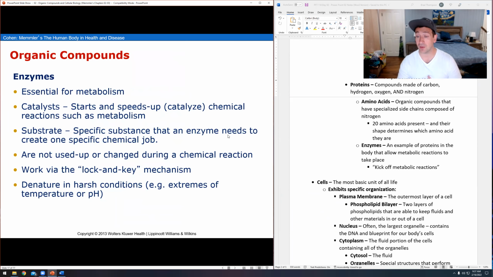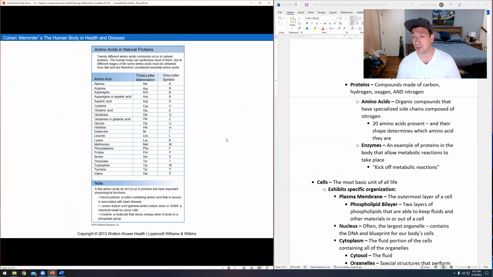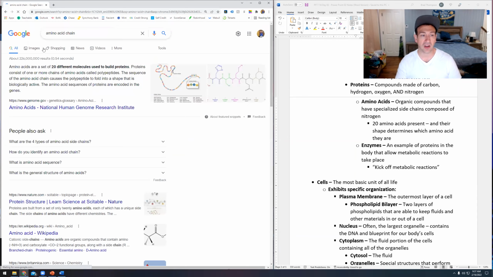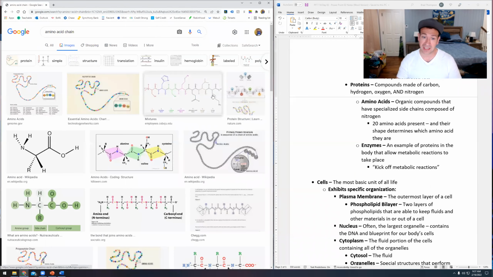But if you do want to get familiar with them, those are the 3 essential amino acids that are very important for muscle building. But don't memorize all 20. It really is a waste of time. But the amino acids have really cool shapes, right? There's 20 of them. And when they form themselves in a shape, they can make all of these really cool proteins inside of our body.